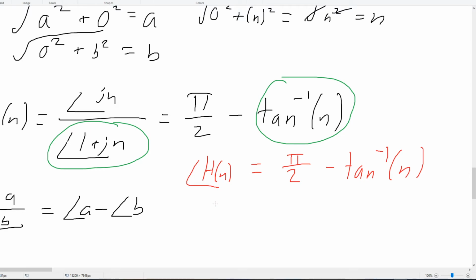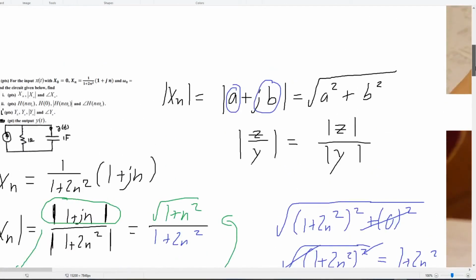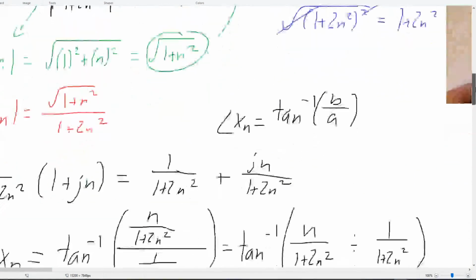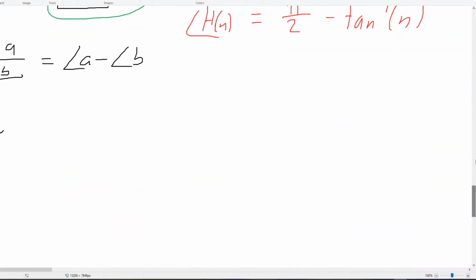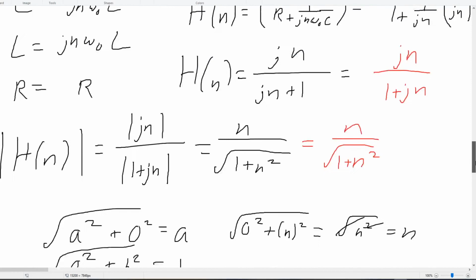I think I probably forgot one part. I think I forgot H0, right? Yes, I forgot H0. Just remember to not forget anything. Remember to look over the problem and see what you're trying to find. H0 is actually very, very simple to find. So if I look back to